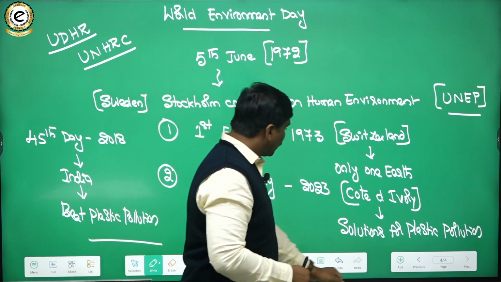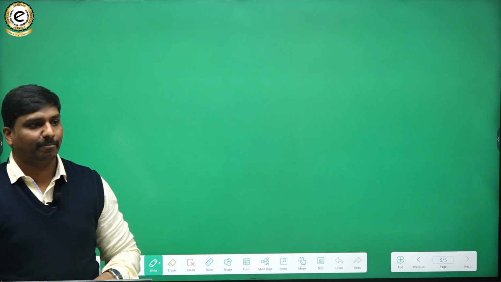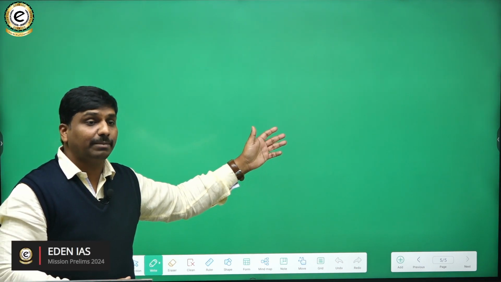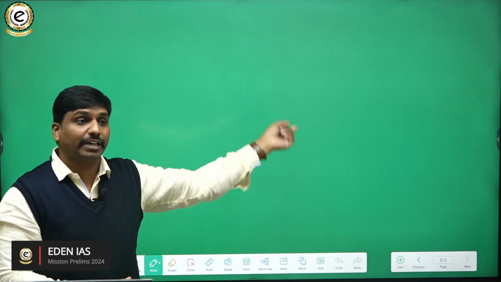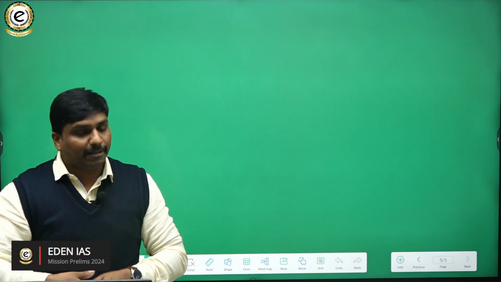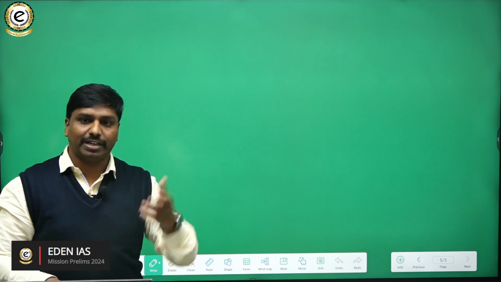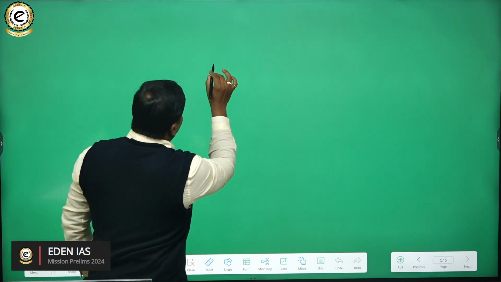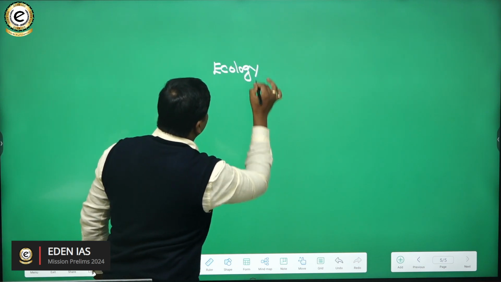So that is with reference to the basics of environment. And this is how, for example, when we were talking about diurnal, nocturnal, endothermic, ectothermic, there you have to connect it with science and technology and various taxonomical classification of organisms. So that also you have to remember slightly. That is with reference to environment. And then let's move towards what is ecology. Let's try to understand what is ecology.